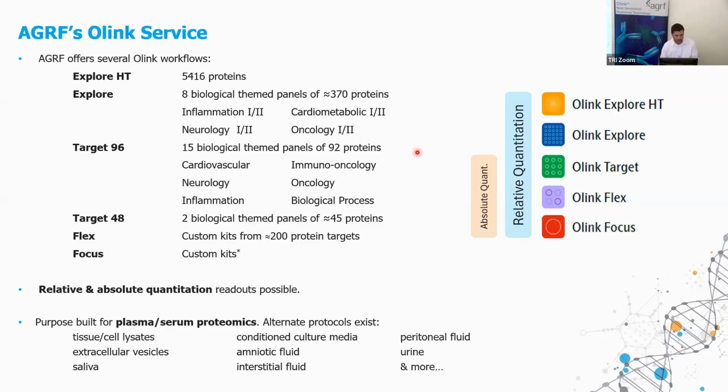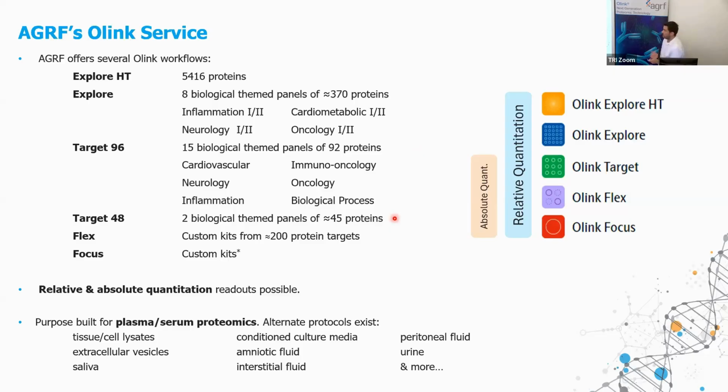There is also Target 96, which is a far more targeted approach in that it assays 92 proteins. And there are a large number of biologically themed panels in this, similar to the Explore workflow. However, I can provide you with a list if you're interested in those. There is also